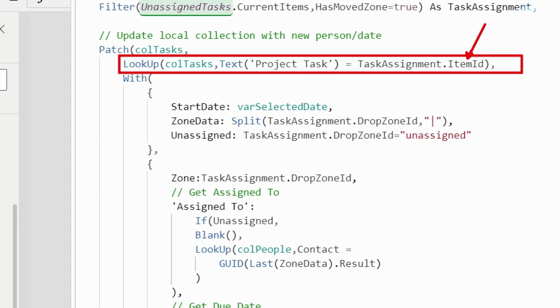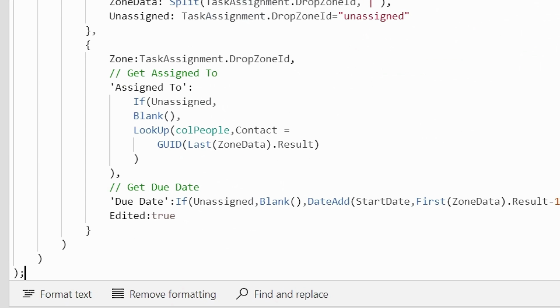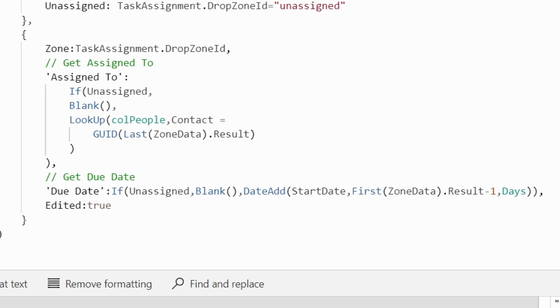This item ID will always be the task ID in Dataverse. So we can look up from our col tasks using this project task, which is the unique identifier. And then that's the one we need to patch. And the two things that we want to update here are the assigned to and the due date.